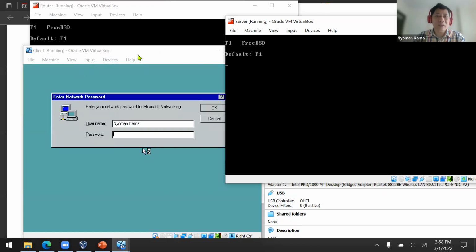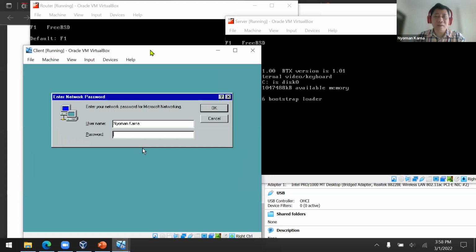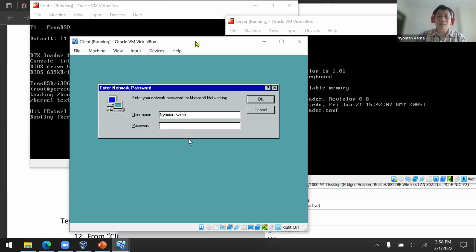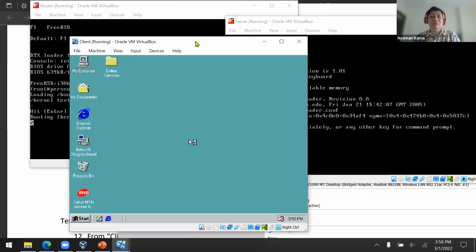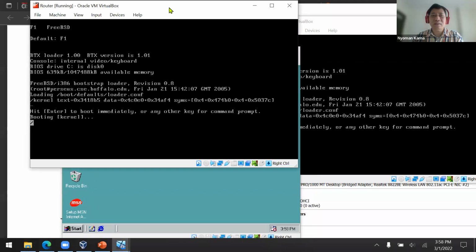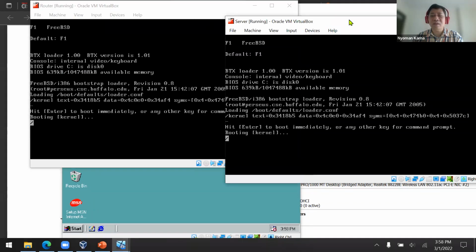Okay, the Windows 98 is already turned on. Just press enter. You don't need a password here. And remember, the Windows 98 is still configured using only 16 colors on the desktop, so it's kind of hideous for you. You cannot get true color from here. Still waiting for the router and also the server.